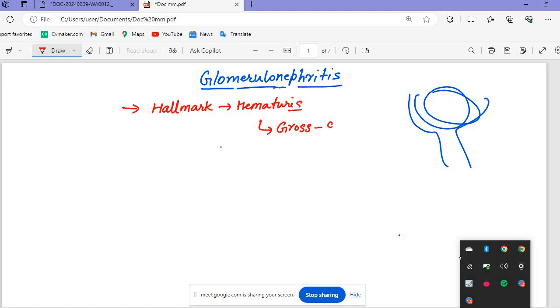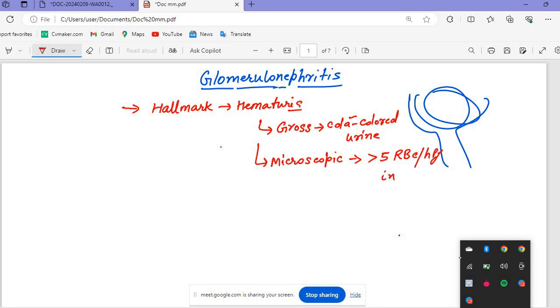Gross findings, what will we see? Cola colored urine will be seen. And when we are talking about microscopic findings, if there is gross hematuria we will see cola colored urine, but in microscopic findings we will see more than 5 RBC per high power field